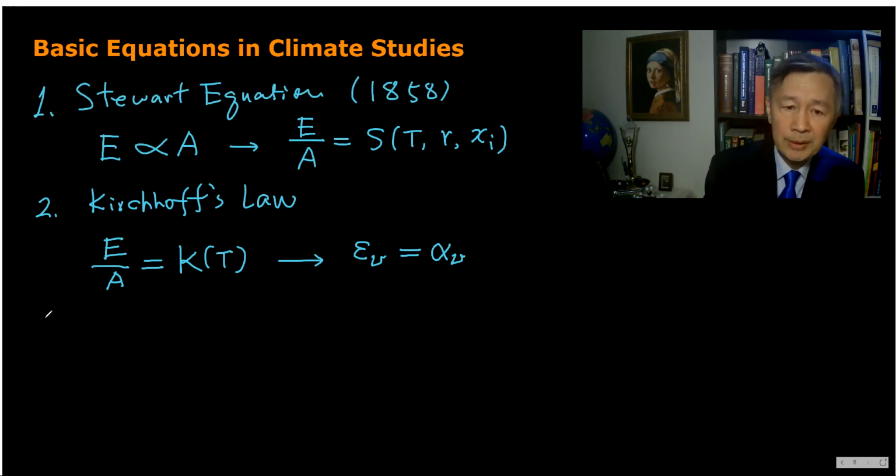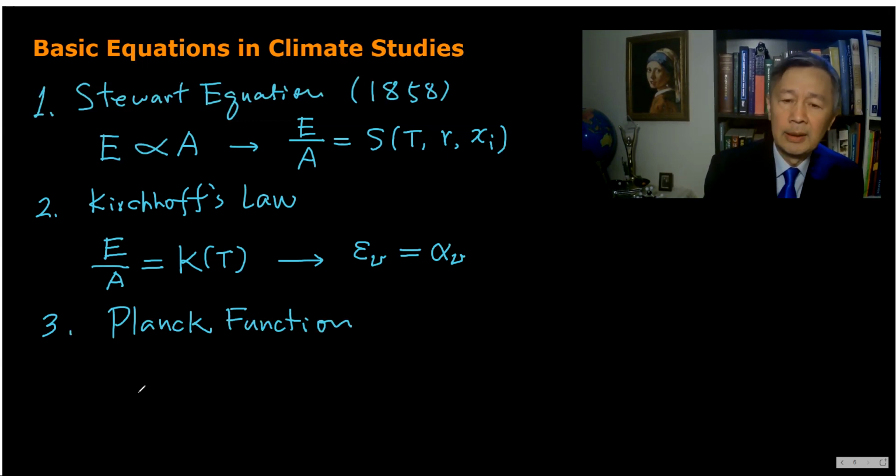The third equation is known as Planck equation or Planck function. And in some textbooks, it is also called Planck Blackbody radiation law. So the form of this, we use letter B to represent Planck function, which is a function of the frequency and the temperature. So that is equal to, the mathematical expression is